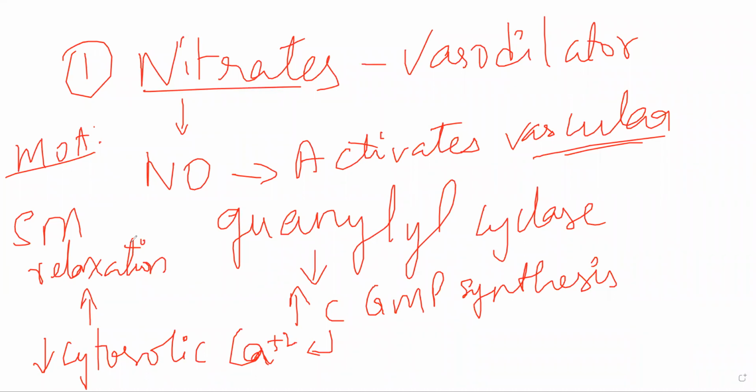So nitric oxide or any nitrate that you give, sodium nitroprusside also works like this. Sodium nitroprusside will specifically cause an increase in cGMP. Nitrates like nitric oxide will cause an increase in cGMP. They have a similar function. Both of them will activate vascular guanylyl cyclase, because of which cGMP synthesis occurs. Calcium levels in the cytosol of the smooth muscle of your blood vessel will decrease, and as a result, the smooth muscle itself will relax. And whenever your smooth muscle is relaxing, obviously it will cause vasodilation.